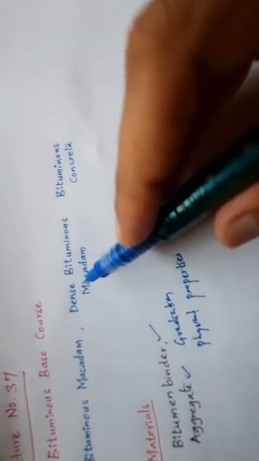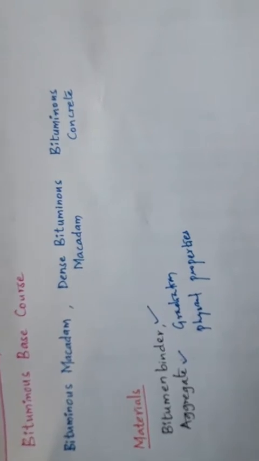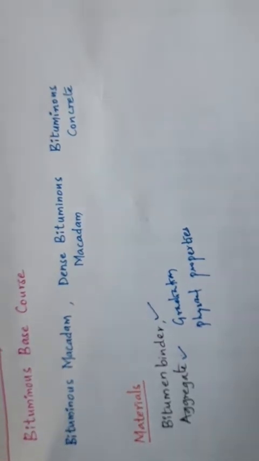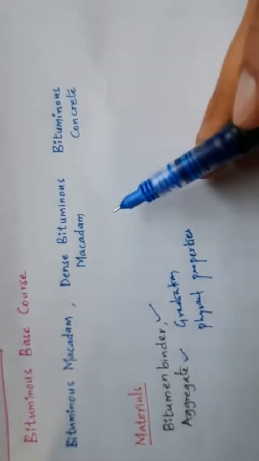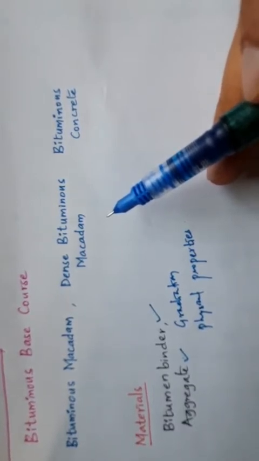Next, in case of the DBM and BC, that is bituminous concrete, the IRC has suggested the use of dense graded bituminous mixes in the following 3 types of flexible pavement of highways with heavy to very heavy traffic. Here the DBM is one of the layers used as a strong binder course or an overlay along with a suitable dense graded surface course